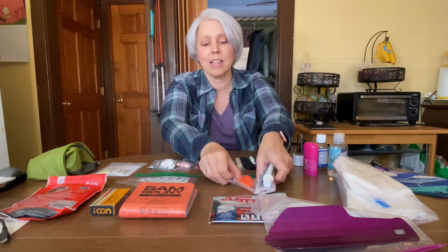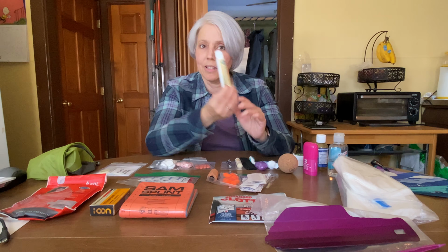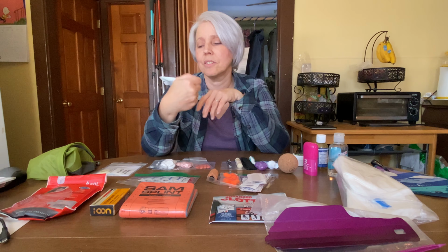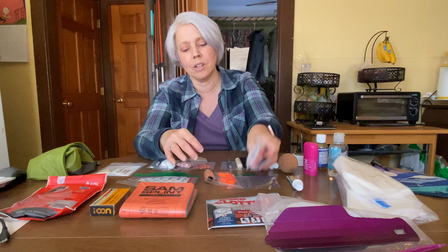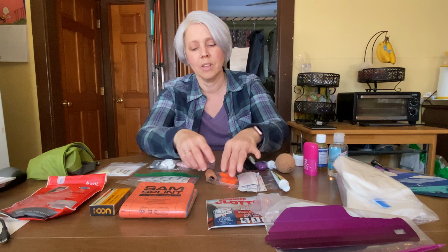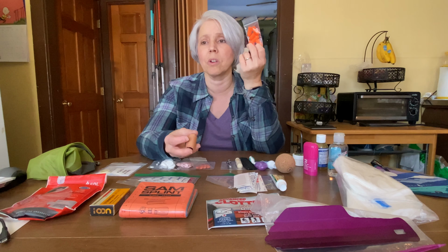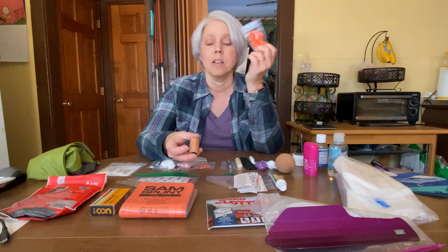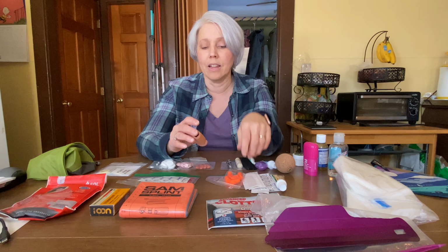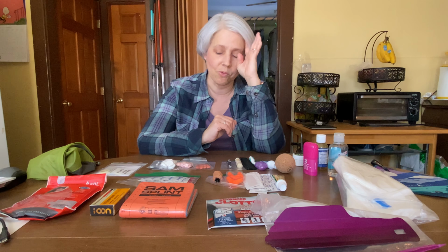Then in this little baggie here, I have a tube of, it's not Neosporin, it's a cheap brand antibiotic ointment anyway. And then I have some Band-Aids, earplugs should I need them. I don't plan to spend time in the shelter unless we're required to in the Smokies, or unless that's still in effect. But I have those just in case, and also the Leuko tape for blisters,